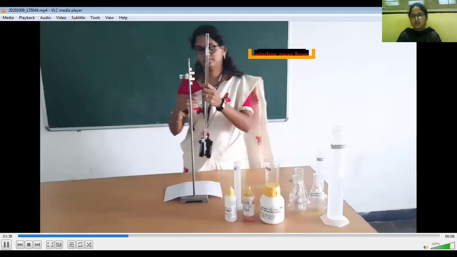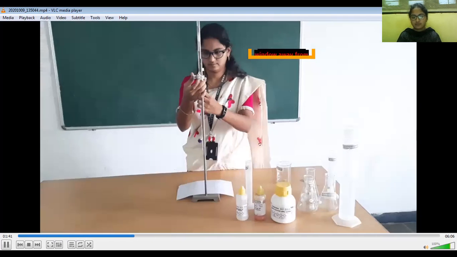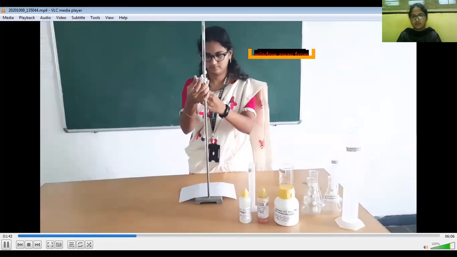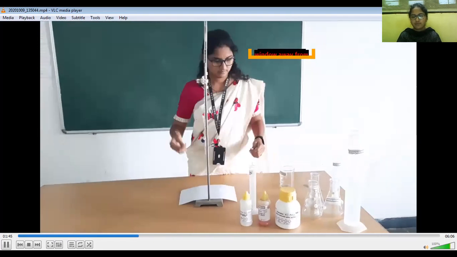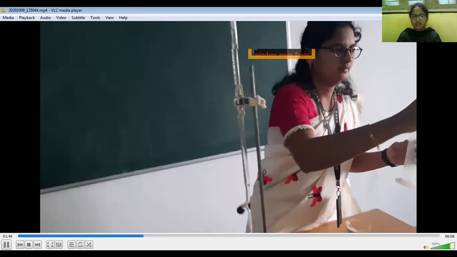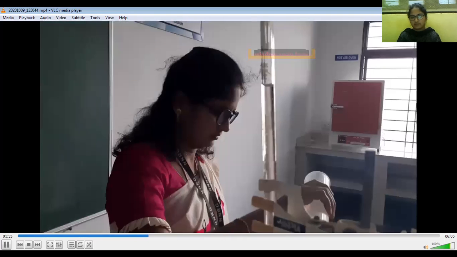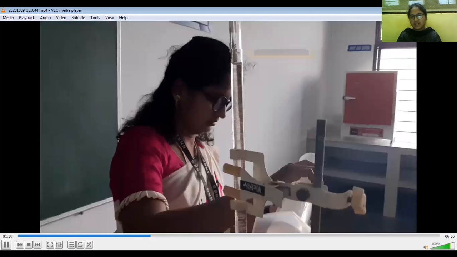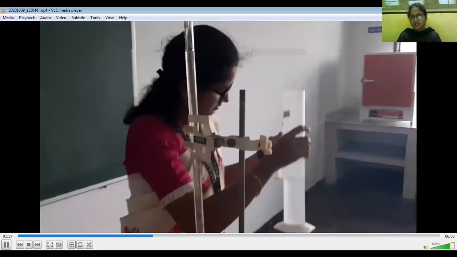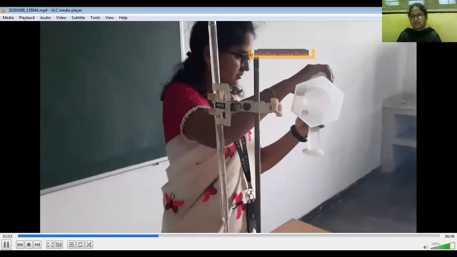Adjust to 0. Now measure 100 ml of sample and put it into the conical flask.